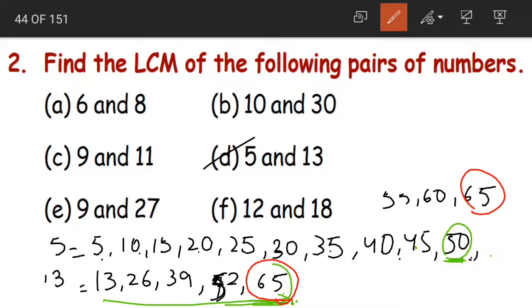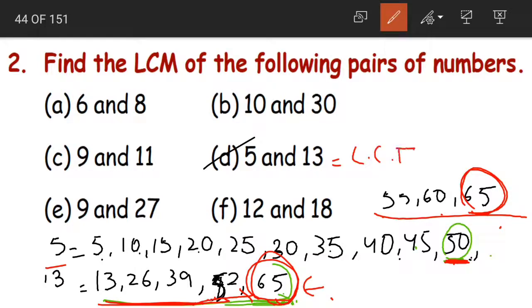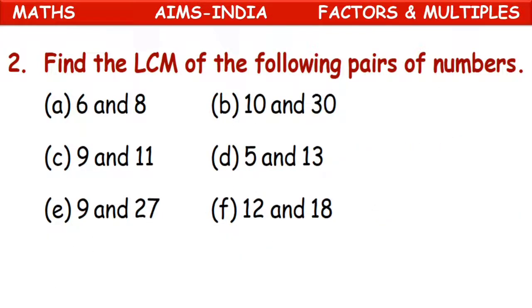Okay, so sometimes while writing the multiples like this, you can do this. Check. See, here we have got 50 already. Here we have moved beyond 50 and yet we did not get any LCM. So let us keep 13 here itself and write a few more multiples of 5. 55, 60 and 65. There we have our LCM, that is 65, children. LCM of 5 and 13 is 65. Yes, I hope the concept of common multiples and the least common multiples is clear.